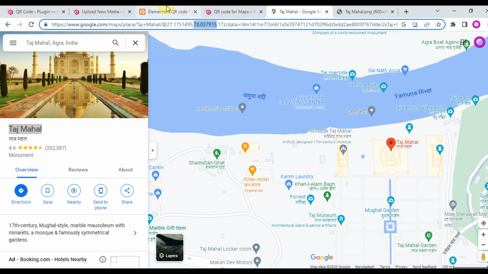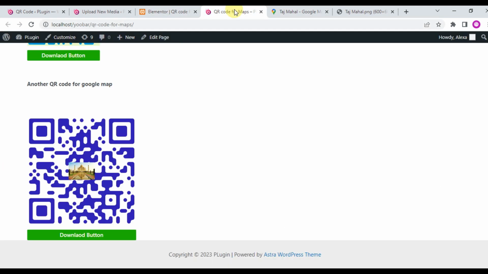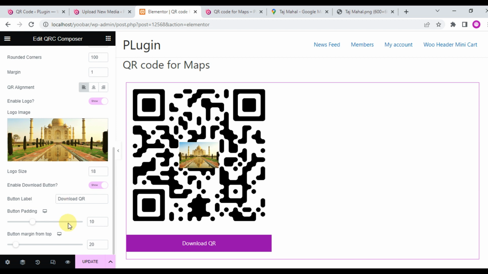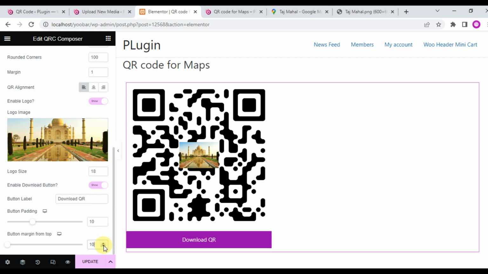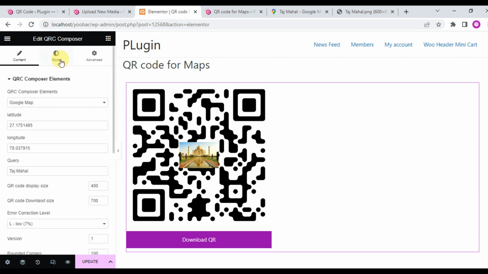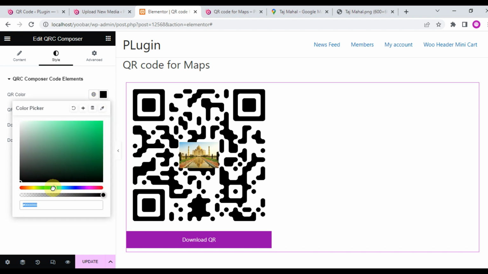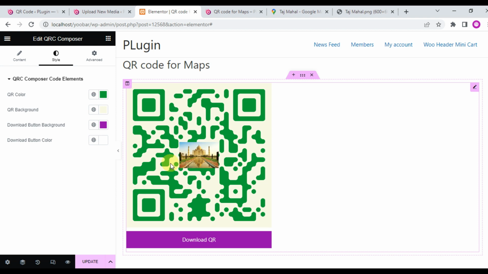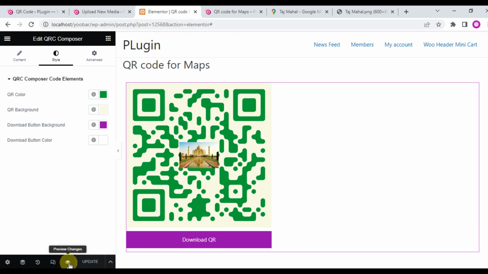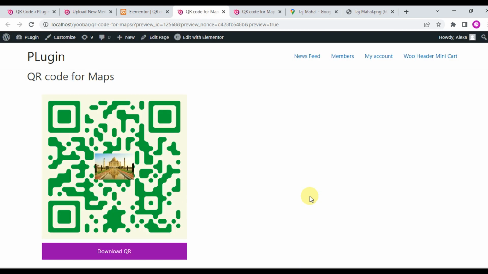Enable the download button, and now change the QR color and update the changes. Okay, now click the preview and you'll see the QR code map for Taj Mahal, and